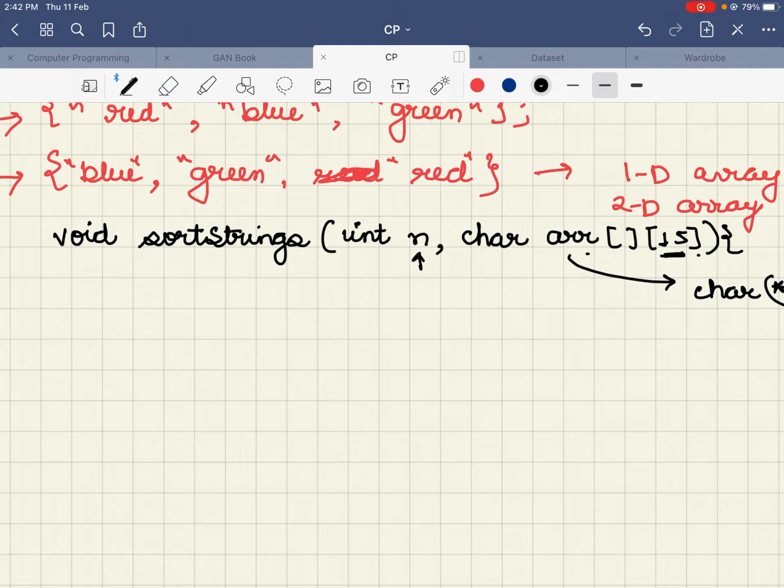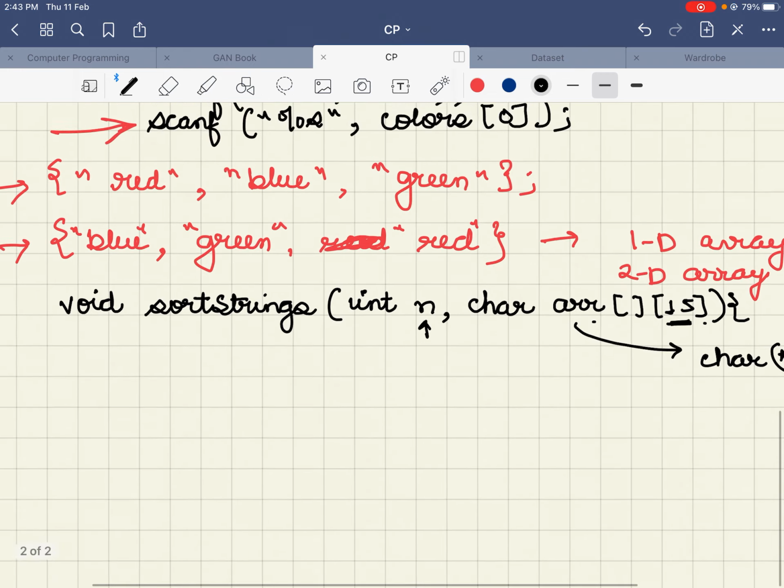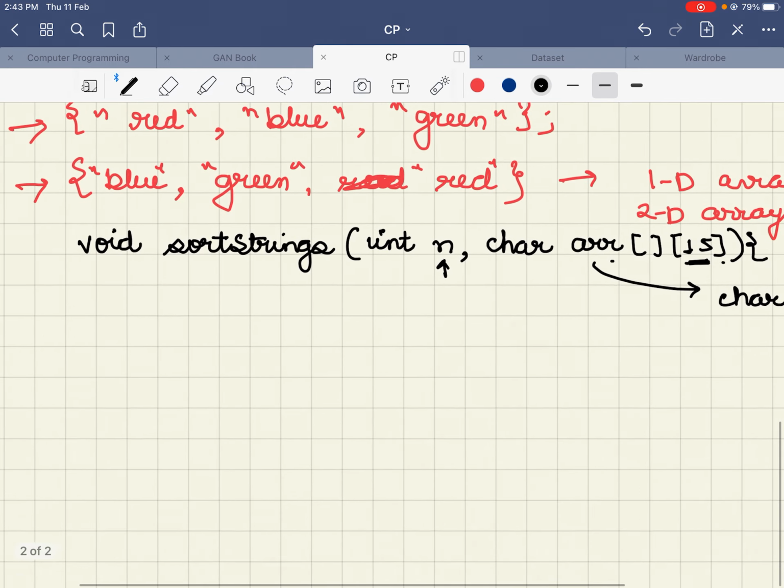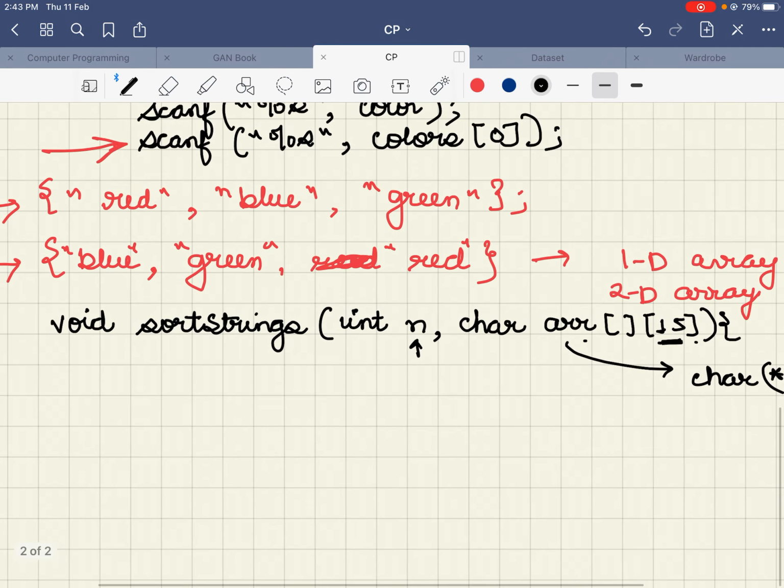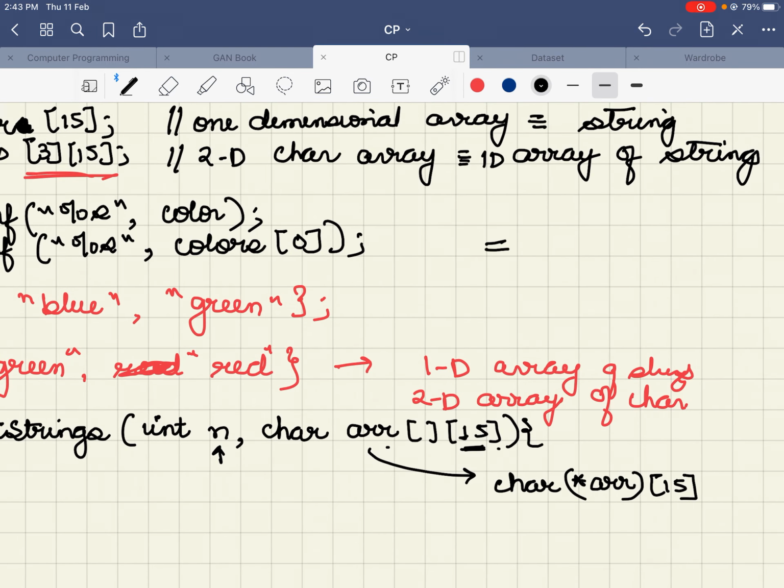Similarly, we need to compare two nearby strings. Now we cannot compare strings using the assignment operator or the equality operator, greater than or less than operator. For comparing strings, in the previous class we discussed